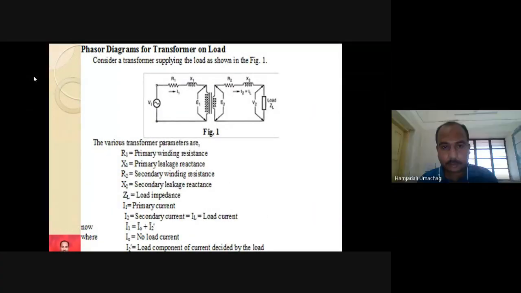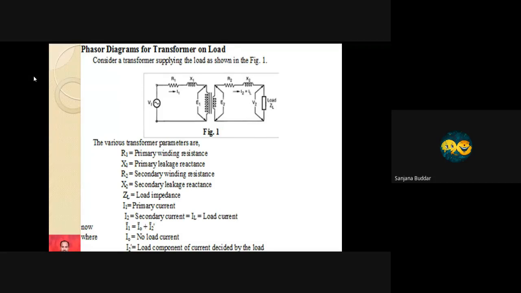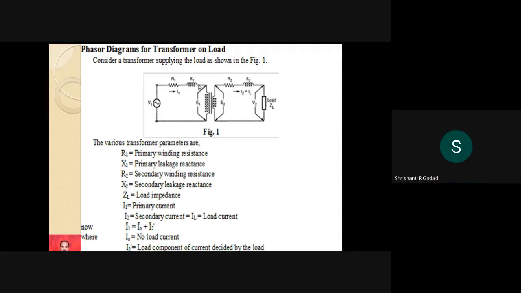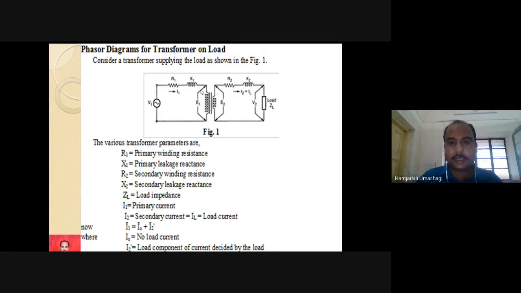Yes, can you see the circuit diagram now? Yes, sir. So I hope now you got the difference. That branch is absent here. Can you try the difference between the previous paint version diagram and this PPT slide diagram? What is absent here? Magnetizing branch. Magnetizing branch is not shown here.